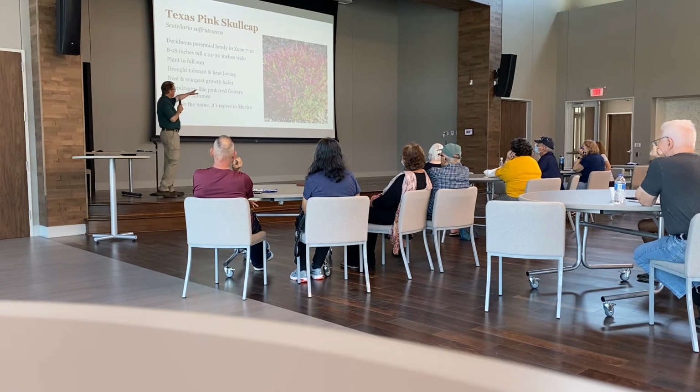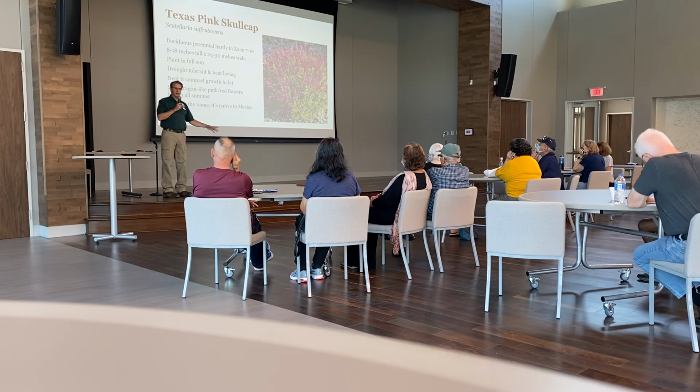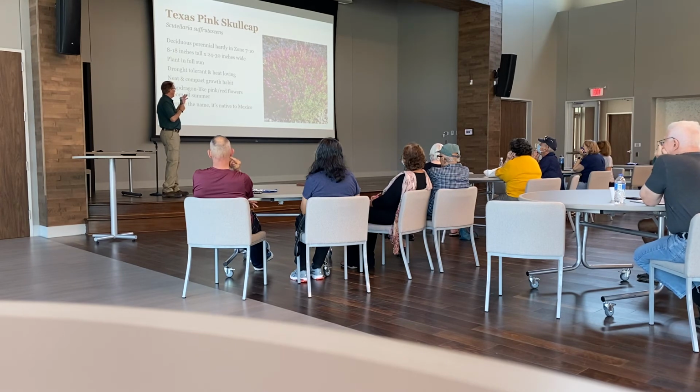And it blooms with these pink, hot pink, light red flowers all summer long. Younger plants don't tend to bloom as much. You show me a plant that's 3 years or more old, it's going to be blooming heavily. Also loves it hot, loves it dry. The hotter and drier the better. It's got a similar flower to a salvia or to the Texas betony that I showed you, but the butterflies and the bees and even hummingbirds will feed on it. It is going to be low though, not more than 18 inches tall,